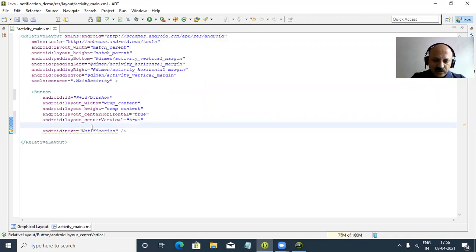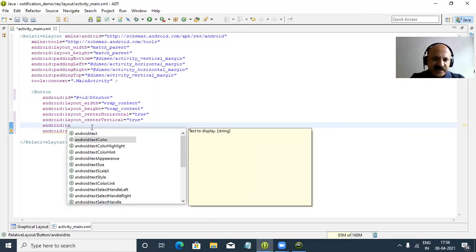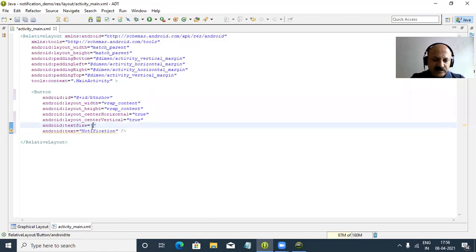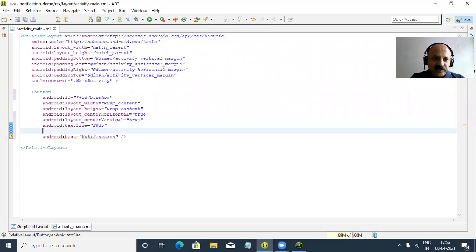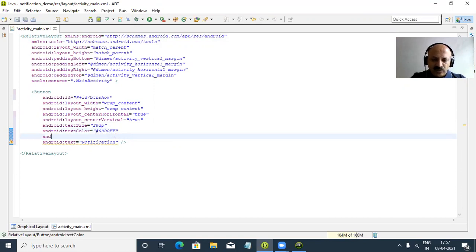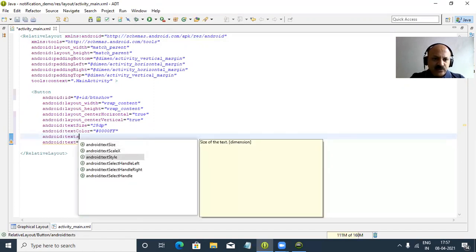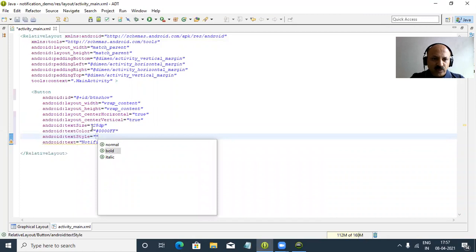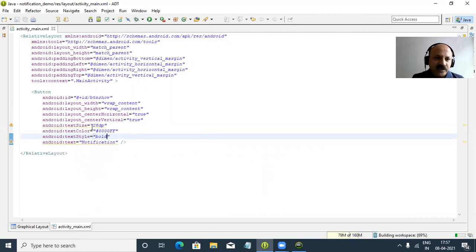Now we can give some properties, text size 25 dp, and text color, 0000FF, blue color. And for text style, we have to provide bold.